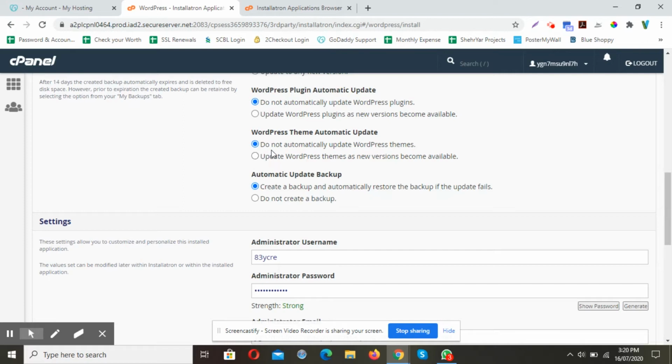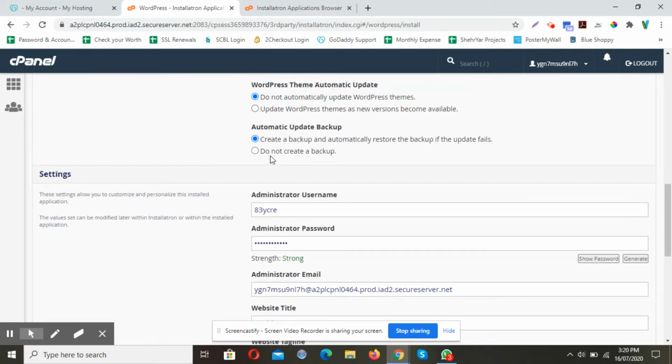So I also recommend that you must not select automatically updates for anything except if you want to create a backup, then you can do that. Or if you don't want a backup for your website, you can select this option.